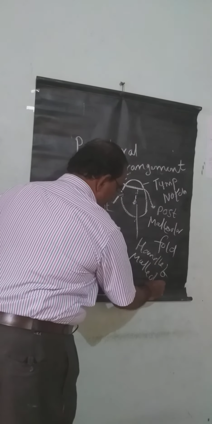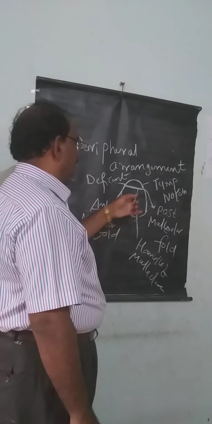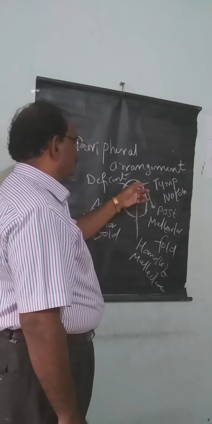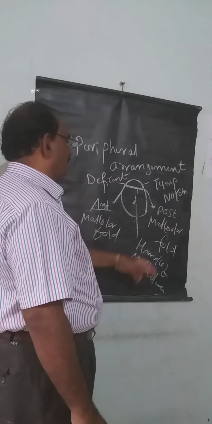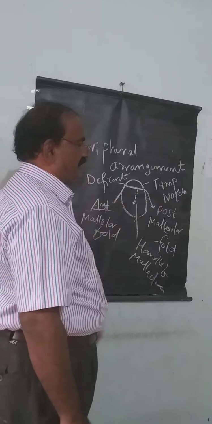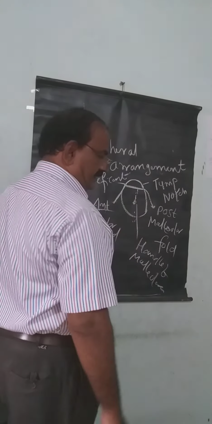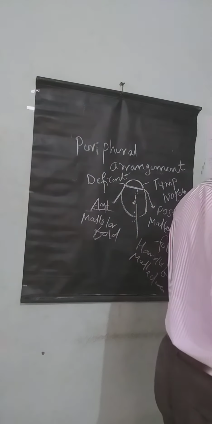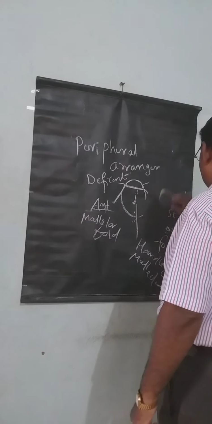It is regarding the anterior or outer surface. The outer surface has two folds, anterior fold and posterior fold, and there is a tympanic notch. The deficient part is occupied by the tympanic notch, and there is an impression of the handle of malleus. That is regarding the outer surface.